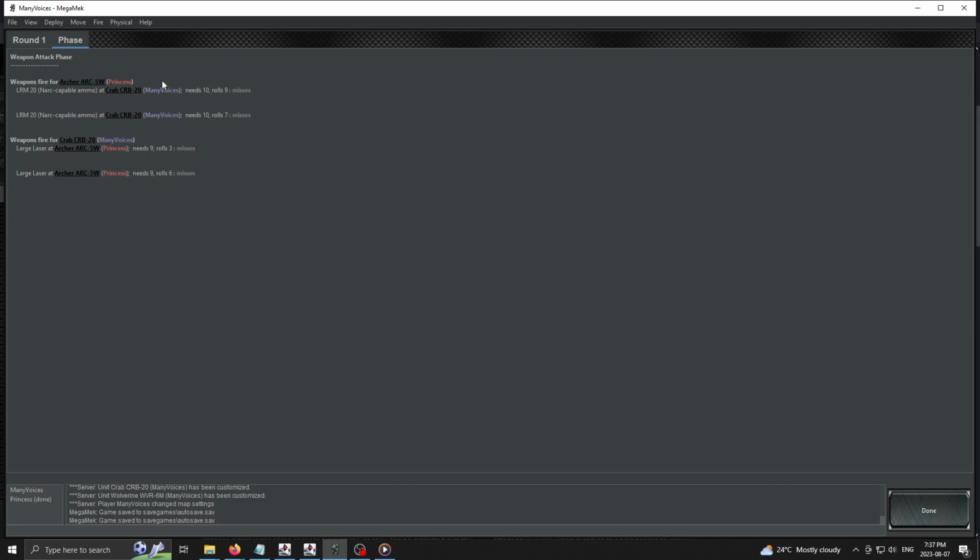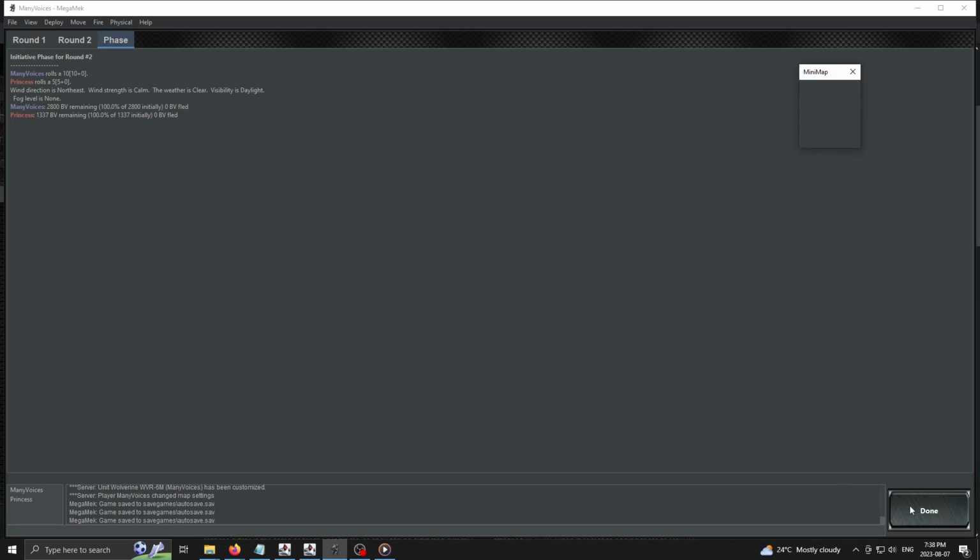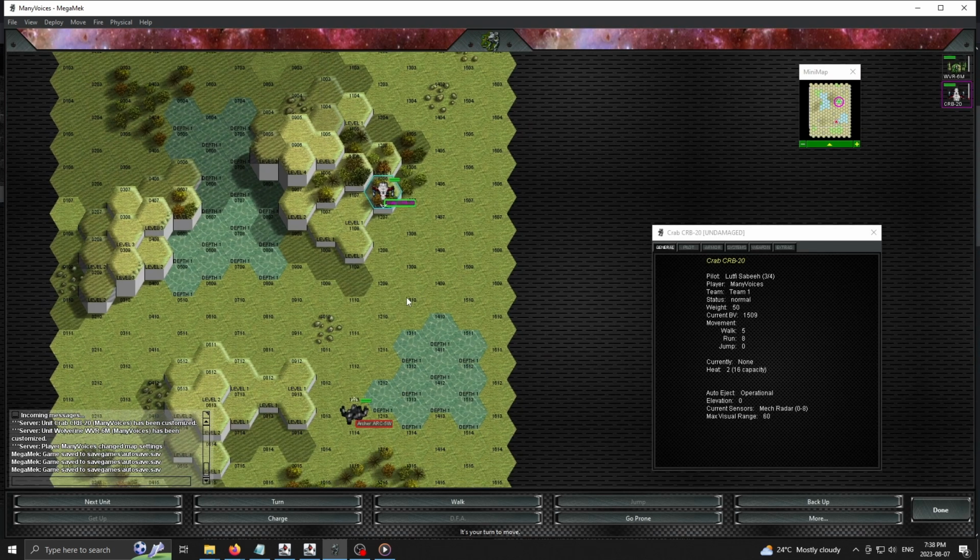So we can see that the Archer fired 2 LRM-20s on us. They needed 10s, and they missed. And then we fired our 2 large lasers at the Archer, and we only needed 9s because we bumped up our gunnery skill. Both of us ran, and both of us were shooting through 2 forests. Right, and then, oh hey, look at that. We have succeeded at winning initiative,